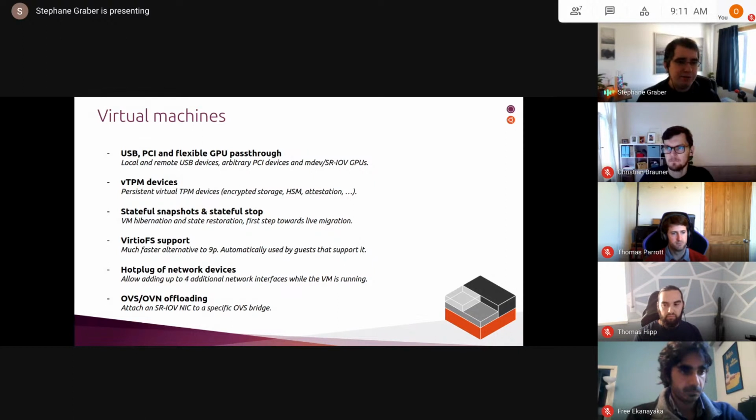Then we've got VirtioFS support. I'm not sure, Thomas, did we ever do any kind of testing on the speed for VirtioFS? No. Okay. Yeah, that's something we kind of need to look at. But VirtioFS is being marketed definitely as being significantly faster than 9P for shared file systems between hosts and virtual machines.